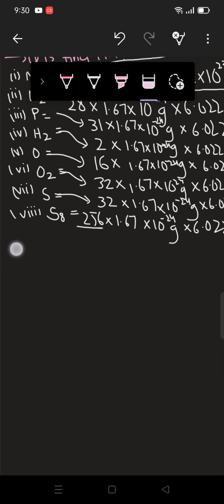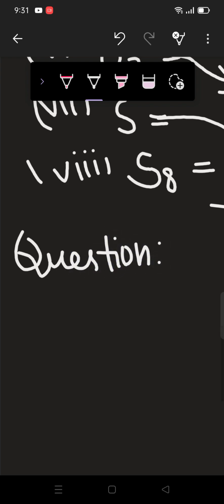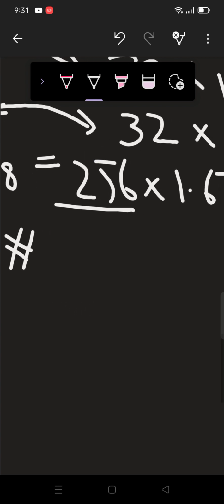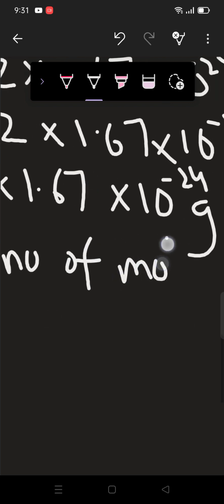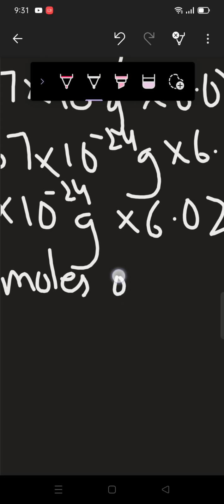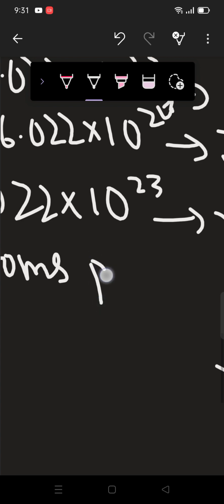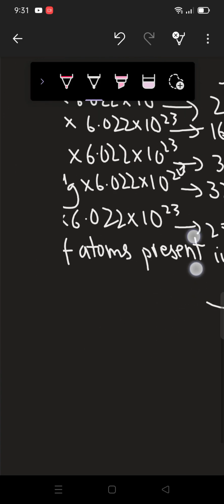Let me erase this a bit. Okay. So our next question, we're going to practice this question a lot so that it should be more obvious to us. So the question: find the number of moles. We need to find the number of moles of atoms present in